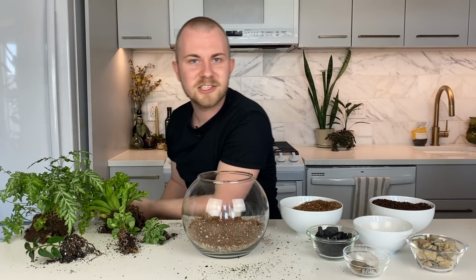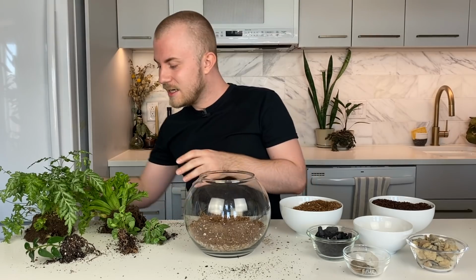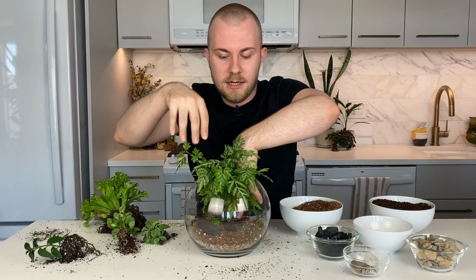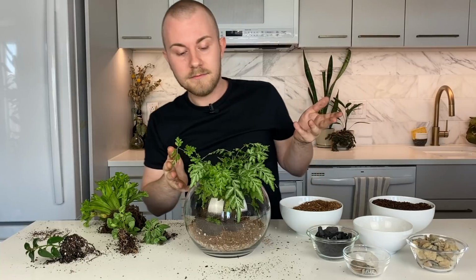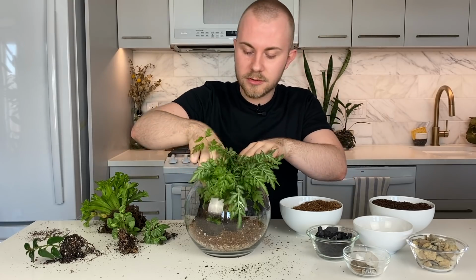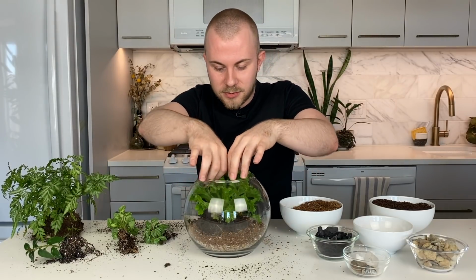So as lush and beautiful as this terrarium would look if I shoved everything inside here, I think it would look a little chaotic. So let's start placing these inside and see how they would look, just to get an idea. This fern is coming out the top a little too much. Some of you might like that aesthetic. I'm not against it, but I'm a little more into looking inside this terrarium and seeing the plants inside. So this fern, if I'm able to get it in there,